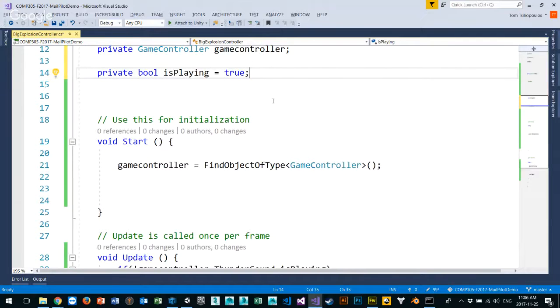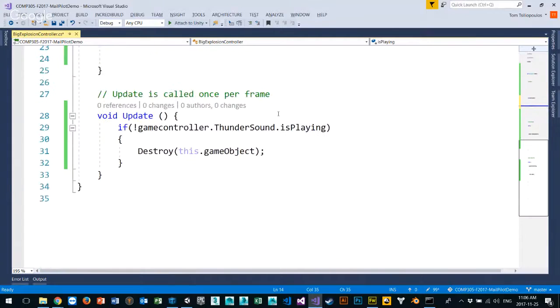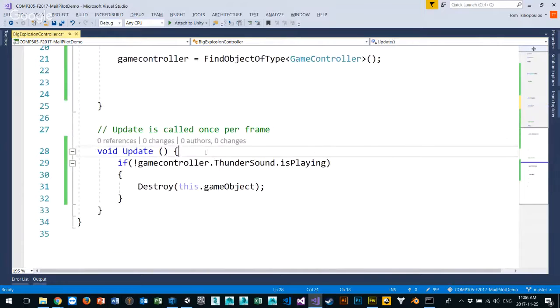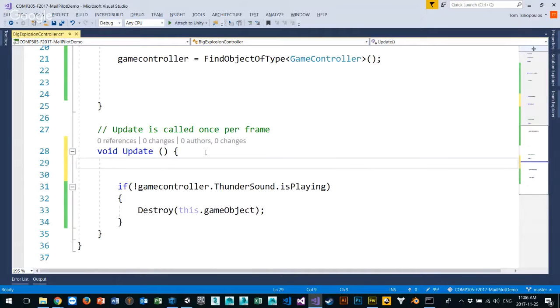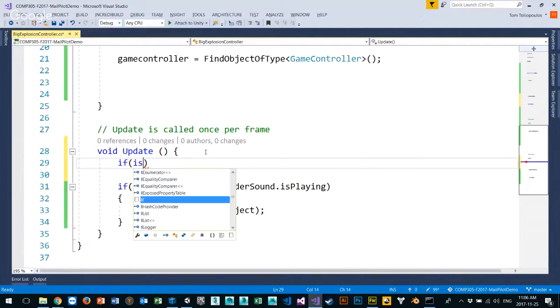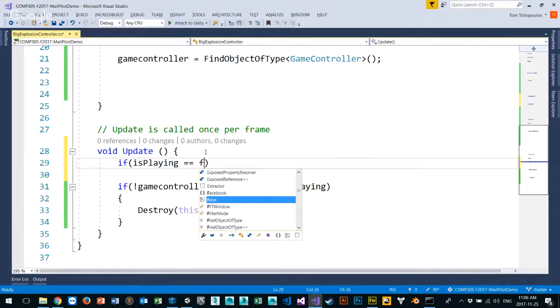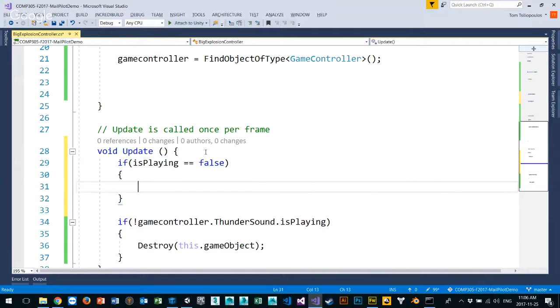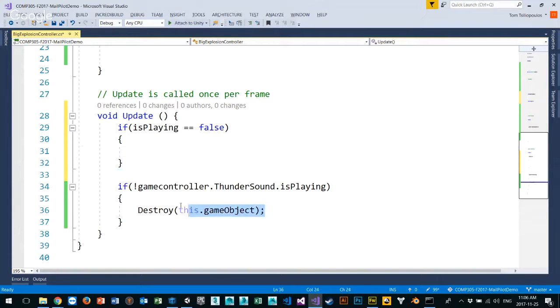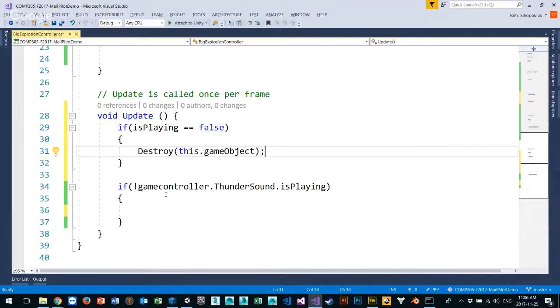Right? And that's when the thunder sound happens. And we're going to say if this, if is playing is equal to false, we can say if not is playing, same thing. Then destroy this thing. Just destroy this game object. And the way we're going to detect that is to say if the thunder